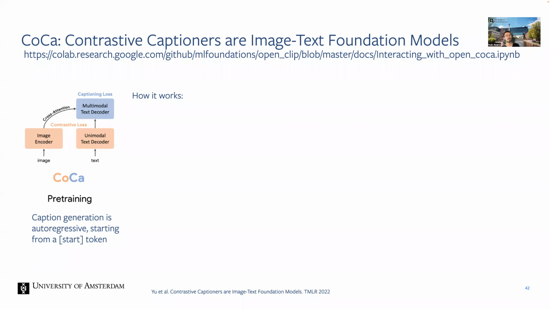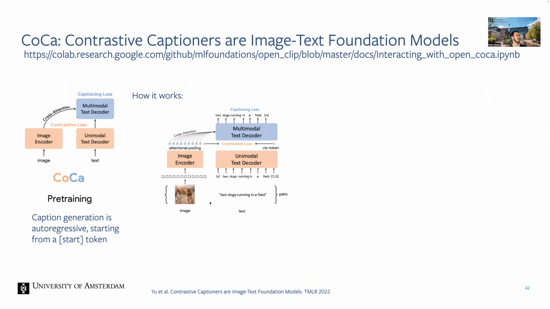All right. Next work we're going to be covering is the CoCa work, called Contrastive Captioners, or image-text foundation models. And this is now exactly the sort of architecture that I've talked about, which can also do captioning, and is a visual language model. All right, so how does it work? First of all, it learns the contrastive loss, just like CLIP. But then it uses those image embeddings to train a captioning model. And it trains this captioning model in this autoregressive manner.